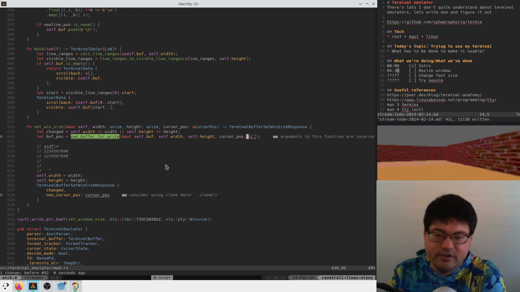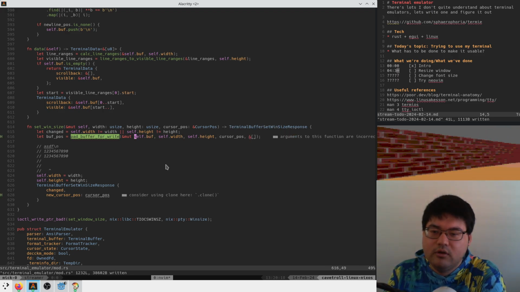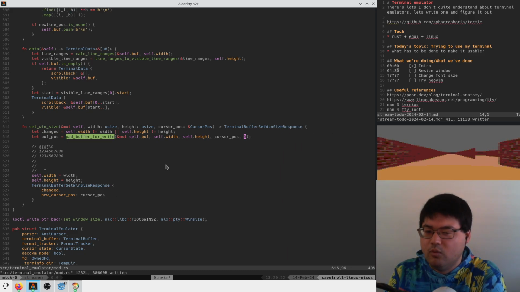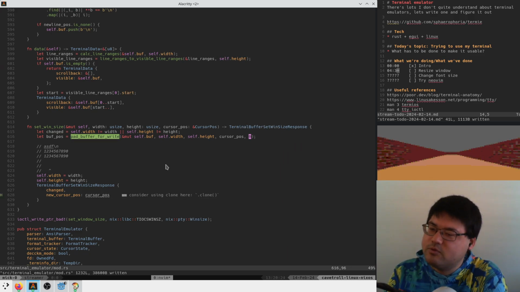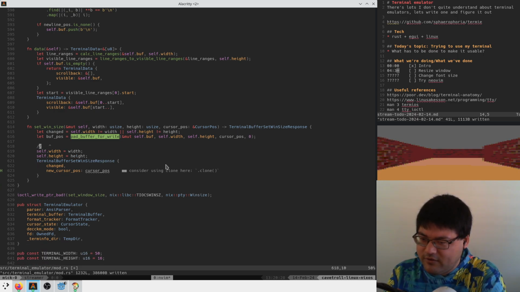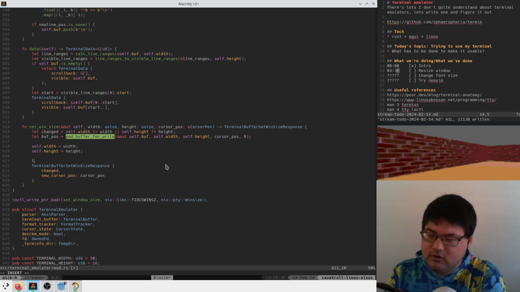Does he not like this? Why doesn't he like this? Pad buffer for right. Oh, it's the right length. So this is just 0. We're doing like a 0 length right, but this will probably make sure that the padding all ends up in the right spot. And then we can say that the new cursor position